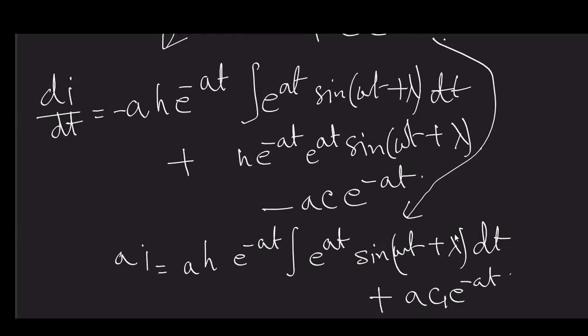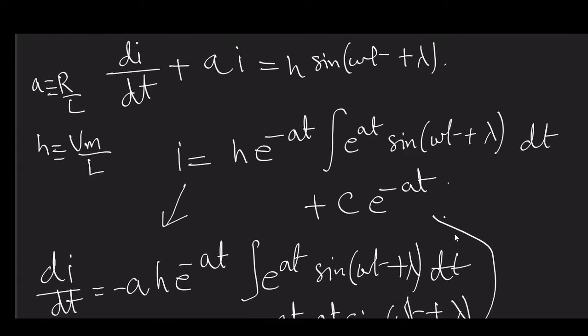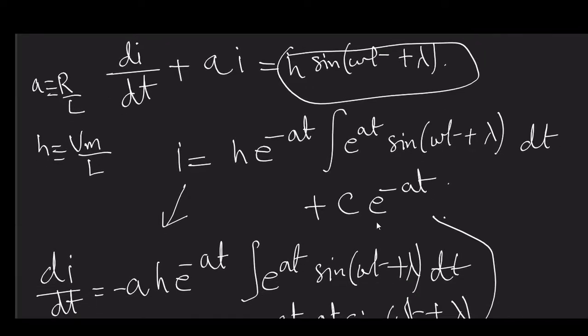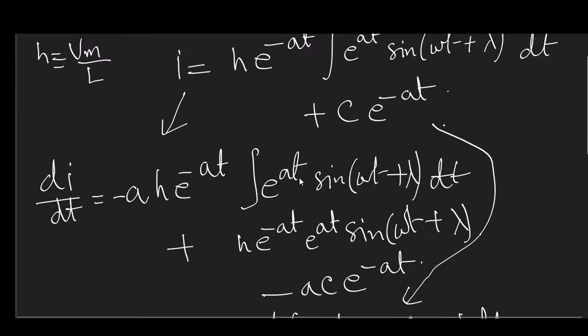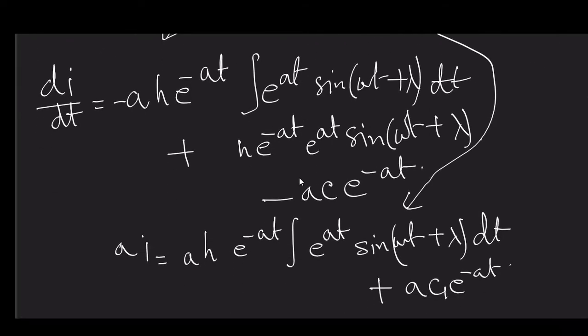So finally, when we add these two equations to get back, why am I multiplying this by a i? Because I want to show you that if we add di dt and a i, that will give me back this term h sin(omega t plus lambda). I have asked you to find the value of i by solving the differential equation, but I am trying to show you that this